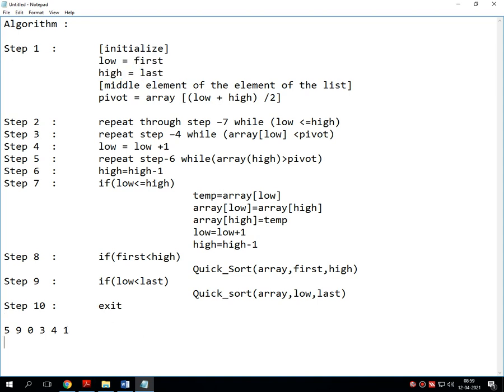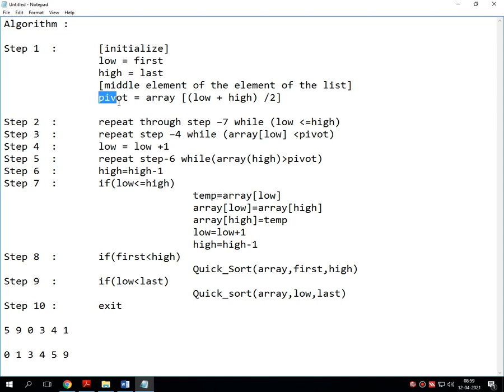If we sort this list, the output would be 0, 1, 3, 4, 5 and 9. So this 9 becomes last and this 0 becomes first. The same thing is mentioned here: first is low and last is high.